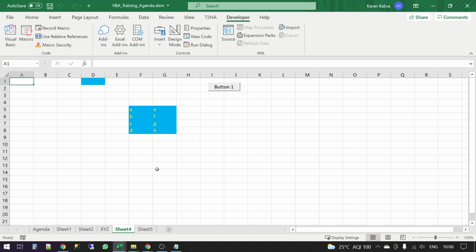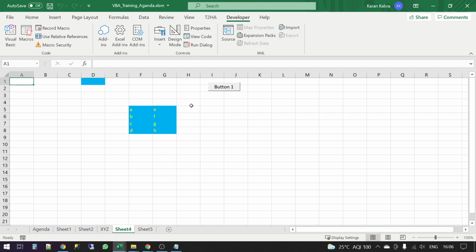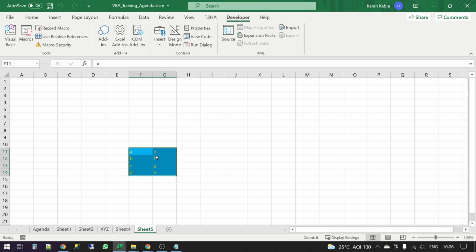Okay, first of all, good question. It will not show an error. If I'm performing the same action, for example, see, it already has this data here, right? If I perform the same action again, it will rewrite on it. There will be no error. But if your question is how do we delete this data before we run the code, you have to write code to delete it. So you write one line: Sheet5.Range("F11:G14").Value = blank, so that you clear it.